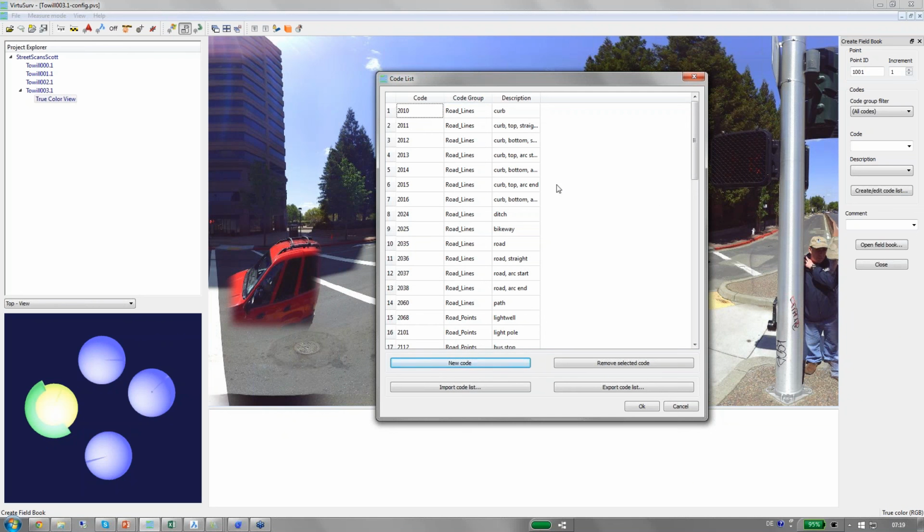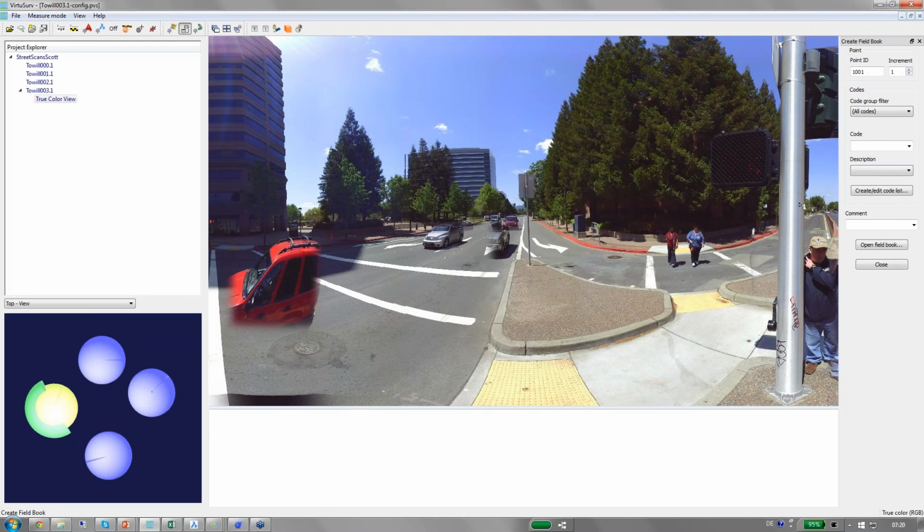The codes belong to certain code groups. That's also something I can define, and you can also enter descriptions. So you are also allowed to add new codes and to export the code list, so you can share it with your colleagues, and you can import code lists that your colleagues provide. This has already been prepared, and by the code groups,